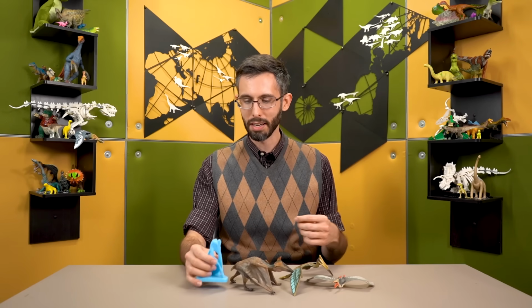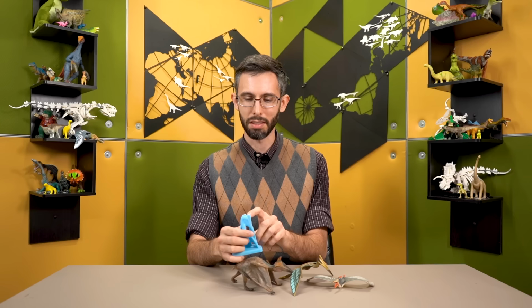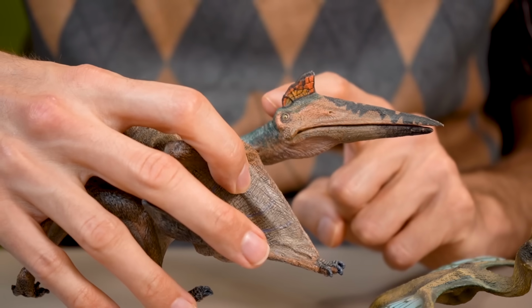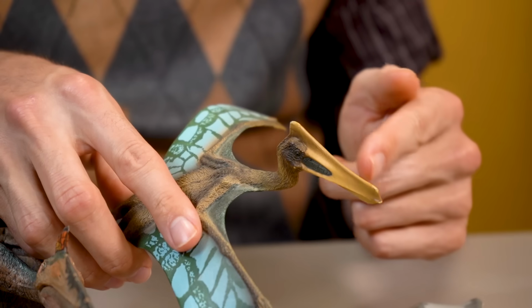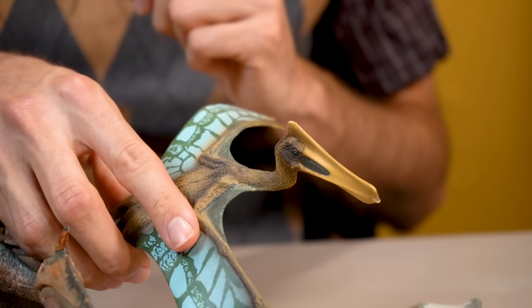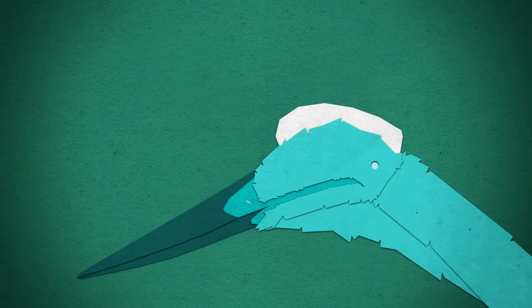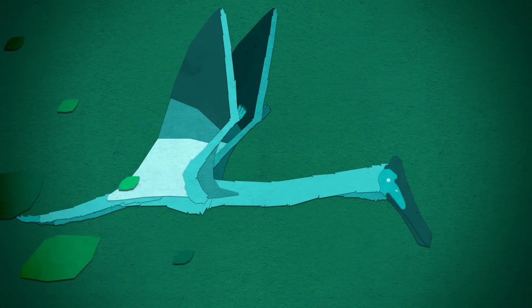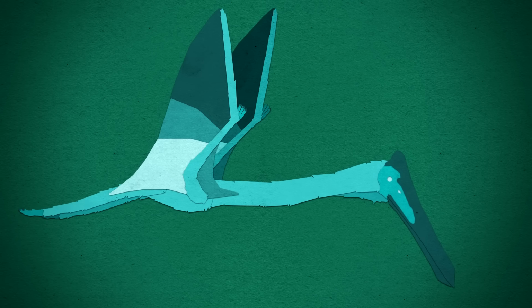Sometimes you see a segmented structure like this, where it's got a kind of a larger area in front and then a more muted area behind. Sometimes you just have one big mohawk, like this toy. But none of them look like this toy, where it's this rhomboid fin incorporating the tip of the beak. And mind you, whatever the bone was doing, there could have also been soft tissue crests or feathers or both on top of that. This toy's head is too short and its body too long if we're scaling from the